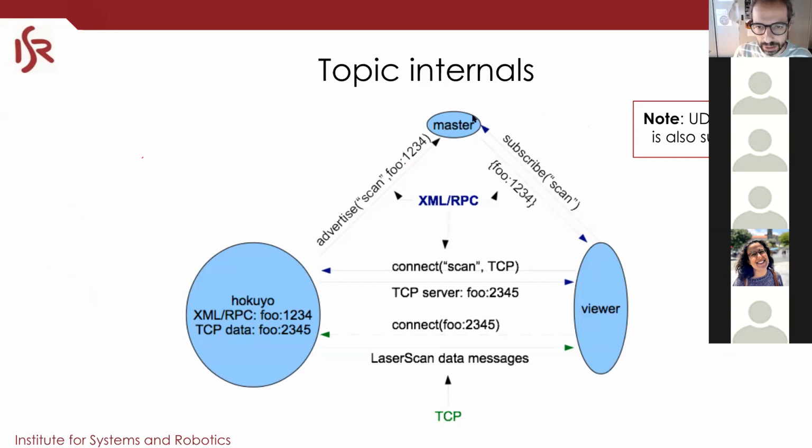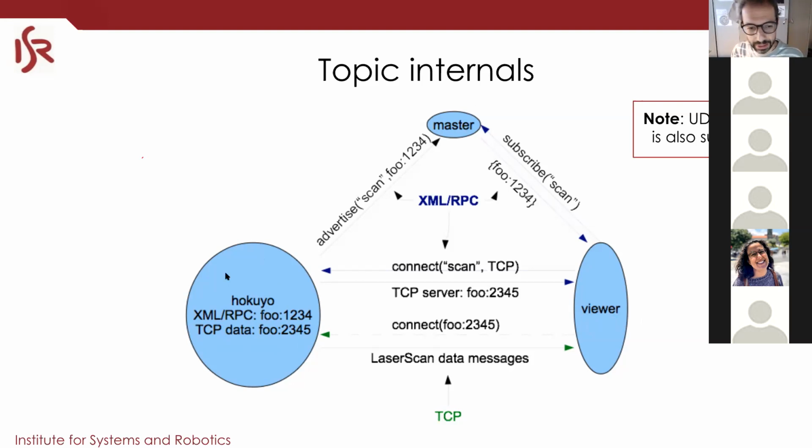So this is the ROS master, the ROS core, same thing, and it's the first thing that appears in ROS. In this example, you have here a driver for the laser rangefinder, and here you have a viewer. It's like a graphical interface that shows in a window the points from the laser. Okay, let's see how it works.